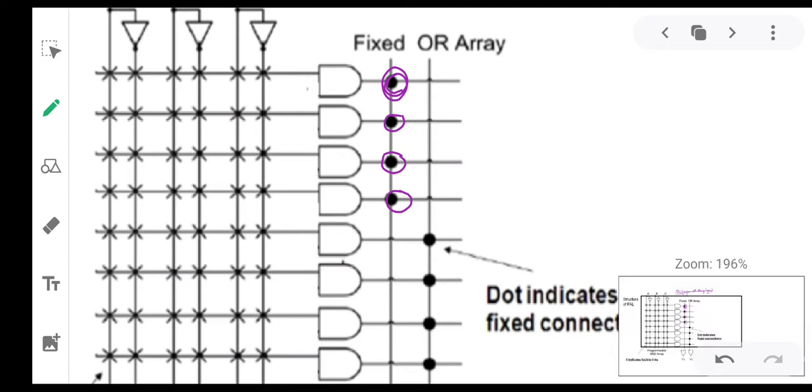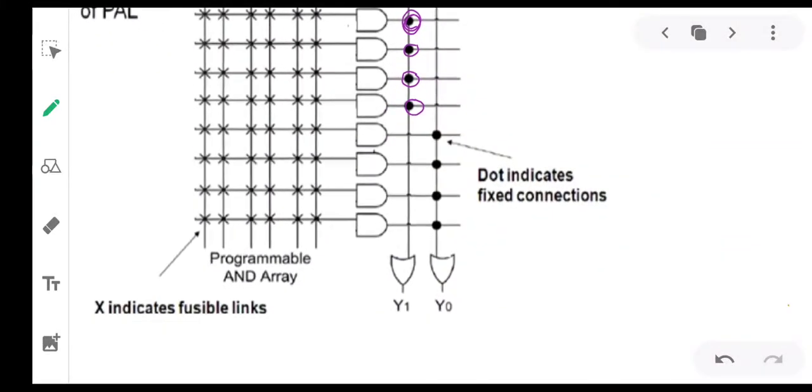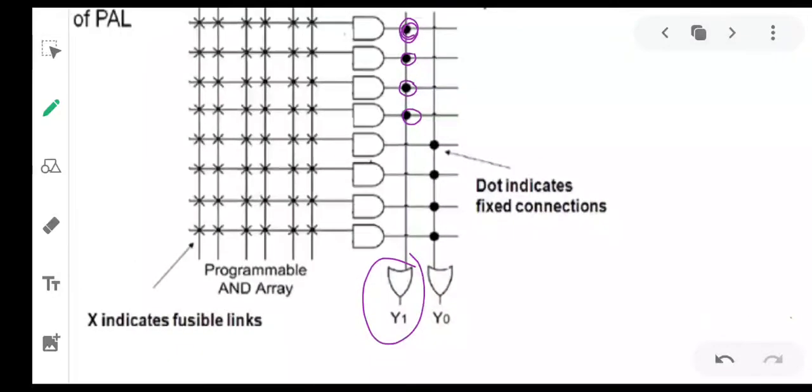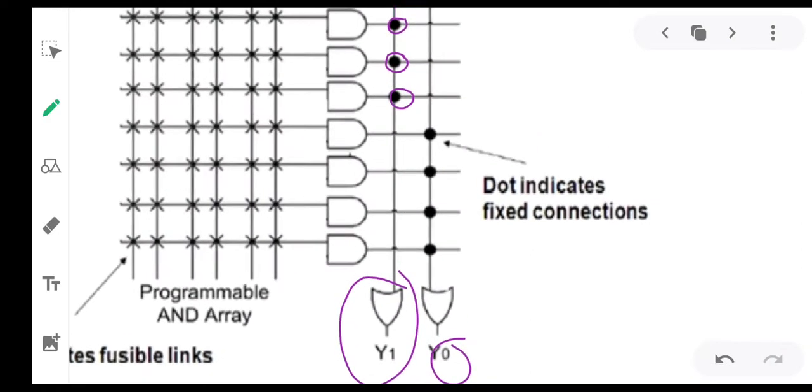All these four product terms are compulsorily there in this function y1. Similarly for the second function y0, you have another four product terms, this one, this one, this one, as well as this product term, and they are compulsorily there.